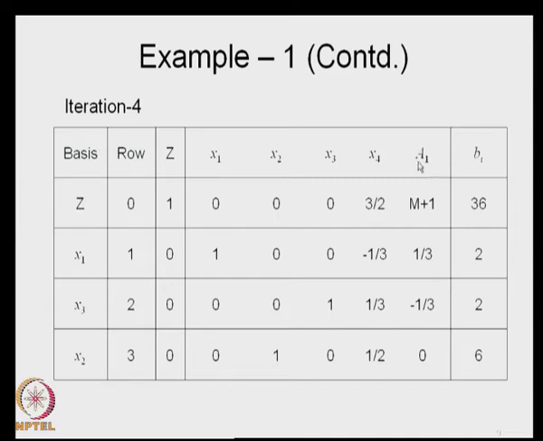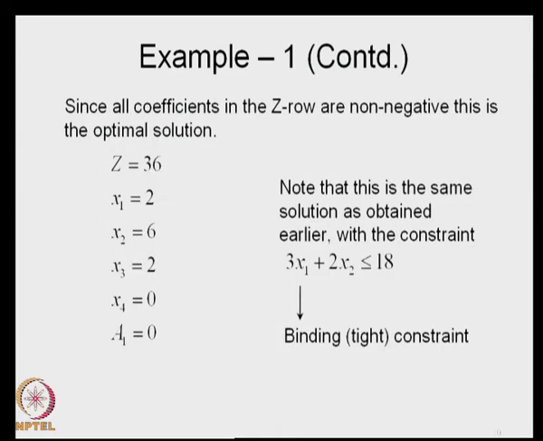If there is an artificial variable which has a non-zero value when the optimality criteria is satisfied, let us see what it means presently. So, the solution here is z is equal to 36, x1 is equal to 2, x3 is equal to 2 and x2 is equal to 6. Recall this, when we solved this problem earlier with a less than or equal to constraint, 3x1 plus 2x2 was less than or equal to 18 in the earlier problem that we solved, and that thing we made it equal to just to demonstrate the artificial variable.